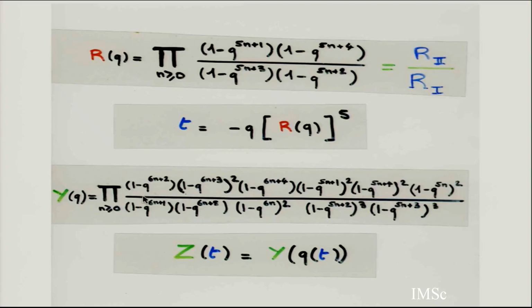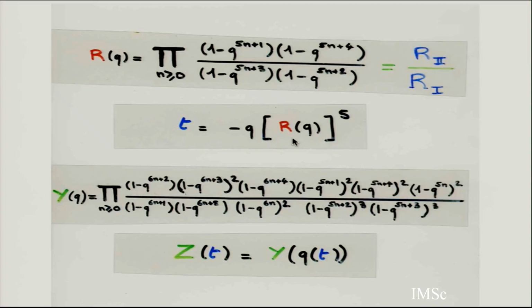We will have to have an analog of maybe the Rogers-Ramanujan continued fraction for it. Because a continued fraction, you can interpret this in terms of heaps of dimers. So can you interpret this also in terms of heaps? And then you have to eliminate q between the two. You get Z as a function of t. Z is a function of this power 5. And you remember I gave you an algebraic system of equations for, not for Z, but for t times the logarithmic derivative of Z, which is interpreted as a density, which is the heaps of hexagons.